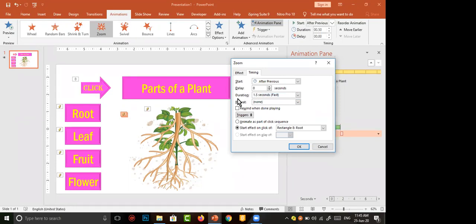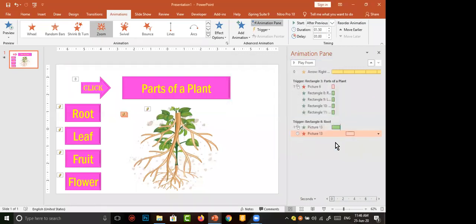Then delay. After 1 second, this animation should happen. Now you may feel the difference. You may see the difference. This animation starts after this time interval.